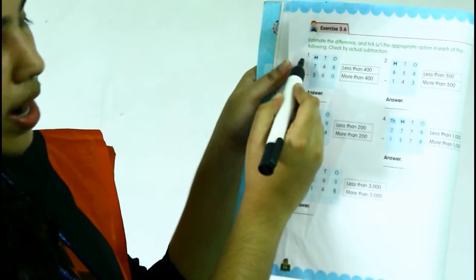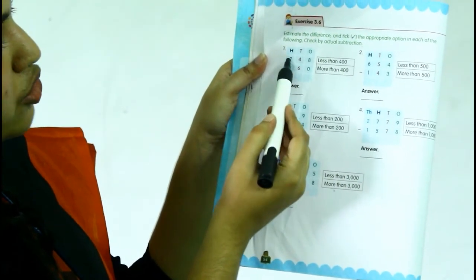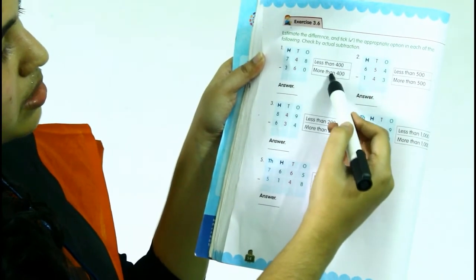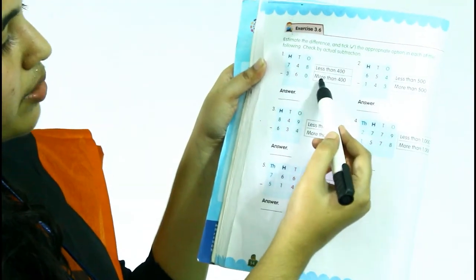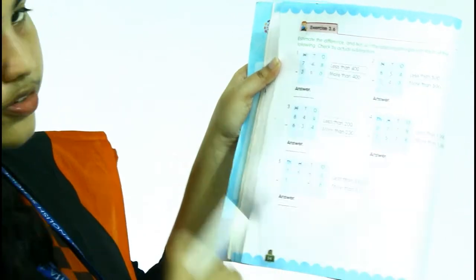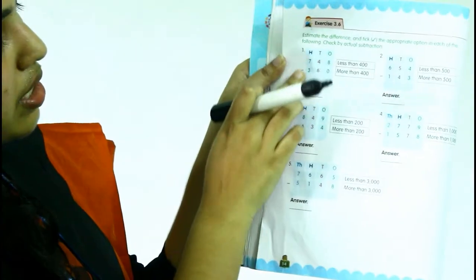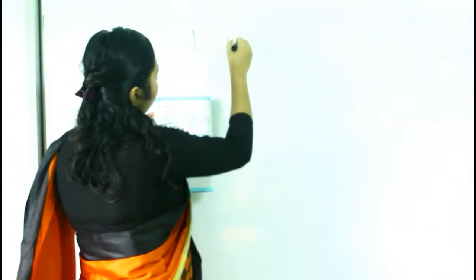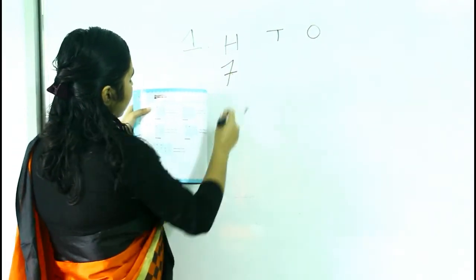Take question number 1. Here we have to calculate the difference between these two numbers, and we have to choose from these two options which is right. So first option is less than 400 and second option is more than 400. So first calculate the difference between these two numbers. Hundreds place, tens place, ones place. Our bigger number is